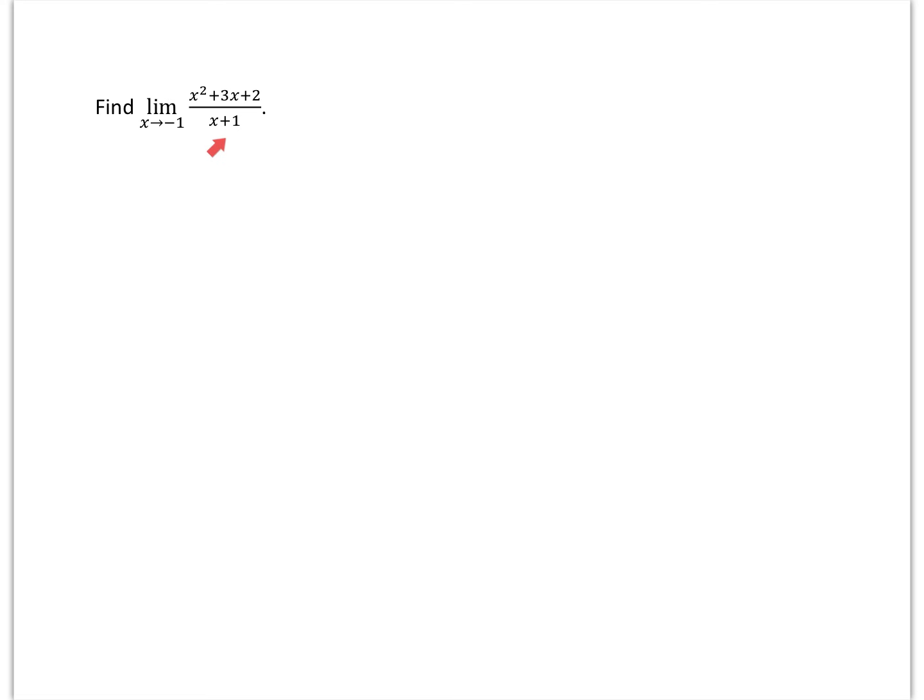I get a 0 in the denominator. So let's just note that. Can't plug in x equals -1 because the denominator will be 0. Sad face. Okay, so what I can do instead is say that the limit as x approaches -1 of x